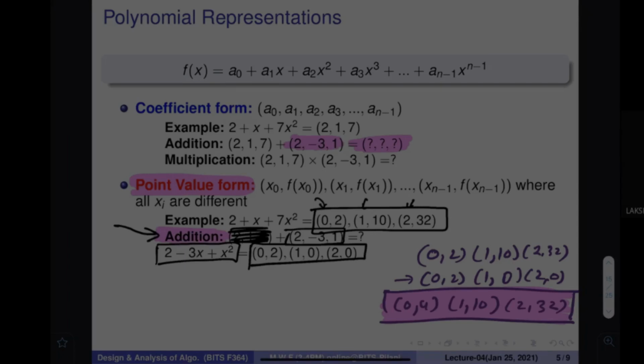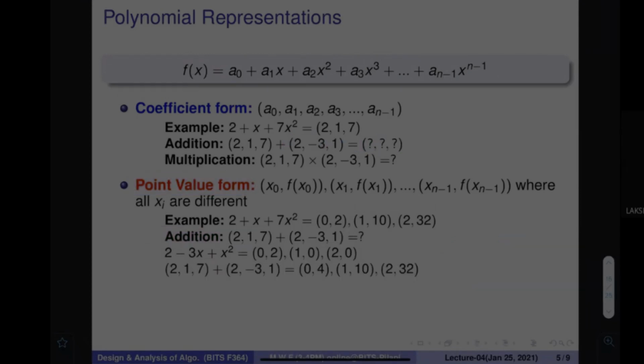If items are given in the point value form, immediately you go and see what the value is in the functional part. You just find the summation of them, and then you can very efficiently find the summation when a polynomial is given. Okay. So what is the multiplication here?